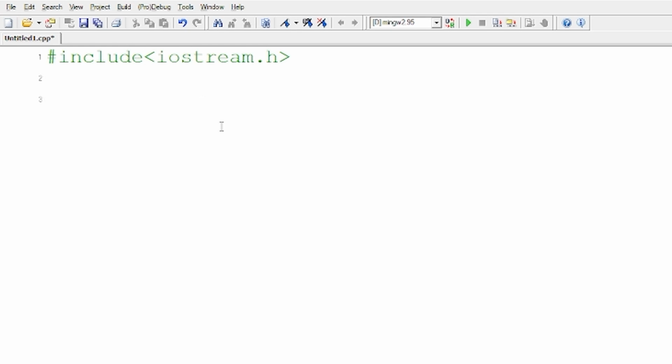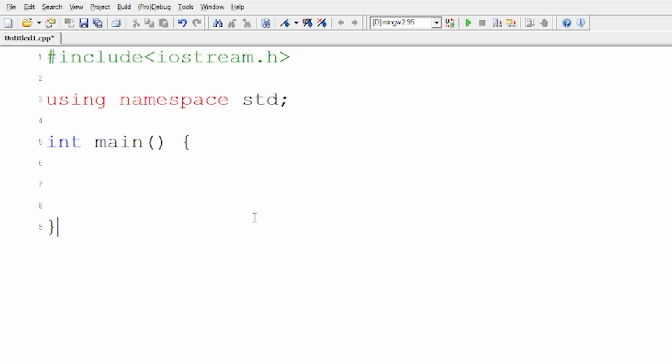After we have included a library file, we will write using namespace std. Now, this particular line is completely optional, but I would highly recommend you to give this. The reason I will explain as well. Next part, which is even more important, is the main function, which is called int main. This is probably the most important line because that is the main function of the program. And one point you can note down here, if you're noting it down, is that the main function will be there in all C++ programs, irrespective of what kind of program you're making, because the main function runs the main statements of the code. Whatever you're writing inside it comes under the main function.